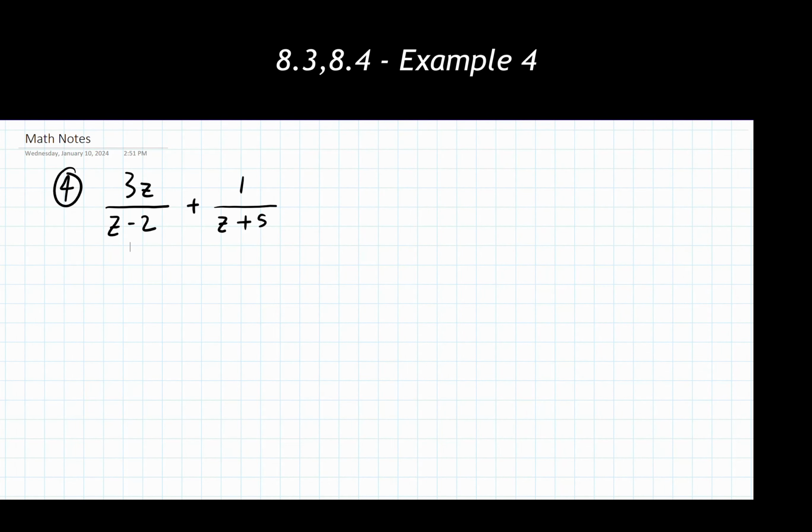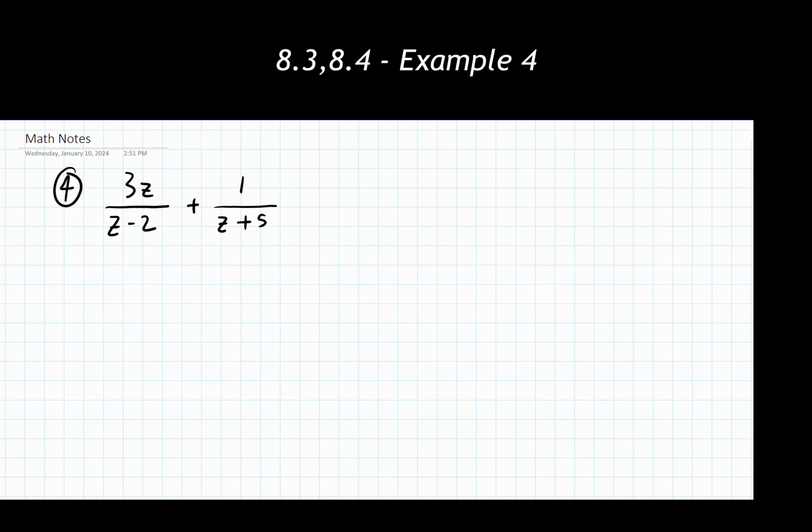So now we move on to our 4th example. Our 4th, 5th, and 6th examples are where these start to get a little bit more intensive with the work and the number of steps that are going to be taken. So make sure you are doing these very slowly, very deliberately, and you're keeping track of everything that's going on in these problems. So at the start of number 4, I'm noticing that I have different denominators. So I'm going to need to change that before I can add these things together.